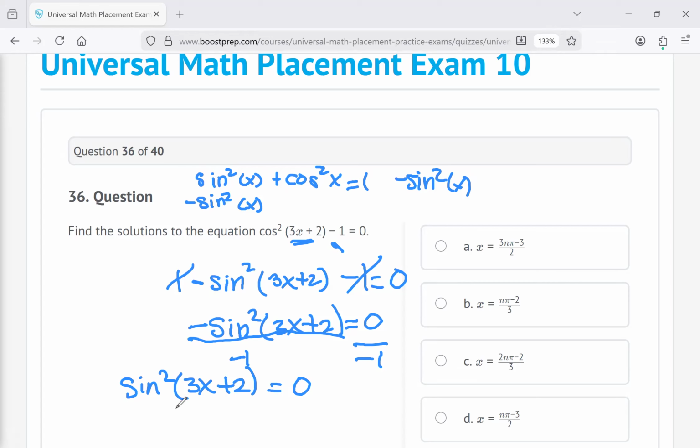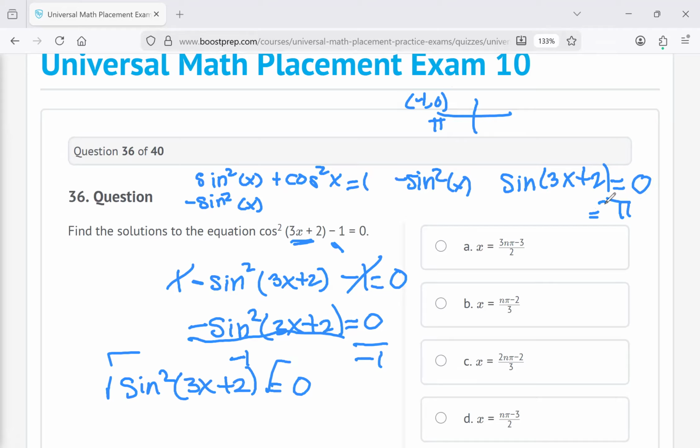Find the solution. You could actually then take the square root of both sides. So really now it is just sin of 3x plus 2 equals 0. And then what you want to do is forget about the 3x plus 2 and worry about the sine. Where's sine 0? I think it's at pi, because that point has a coordinate -1, 0. So the sine is definitely 0. So it's going to be pi,